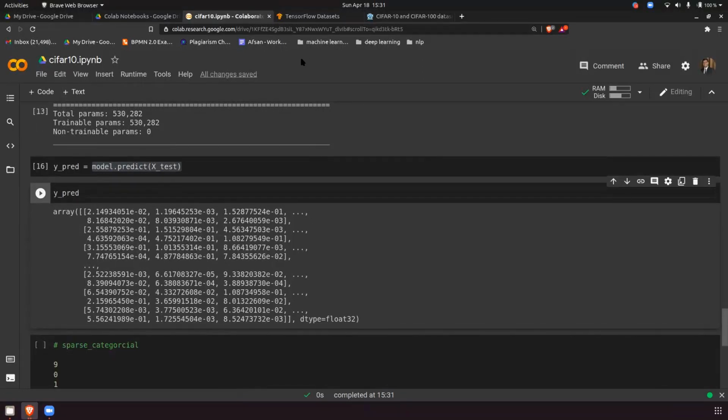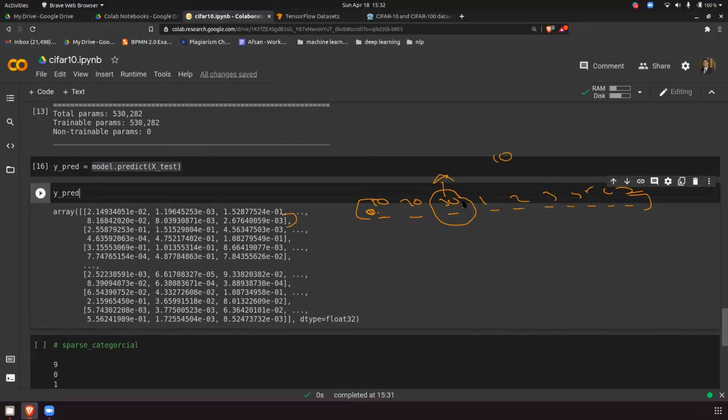Okay, so what is the output? The output will be some numbers, right? How many numbers? 10, because we have 10 neurons at the end. So 1 2 3 4 5 6 7 8 9 10. Now the question is which class is the max, so we have to find the maximum value. Suppose this is 0, this is 10, this is 20, this is 30, then 1 2 3 4 5 6 7. Which is the maximum value? 30 is the maximum value, right? So 30 is the class that it is predicting.